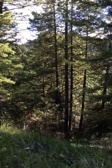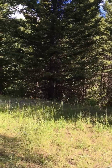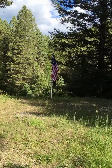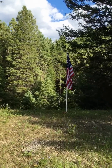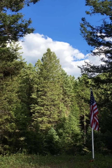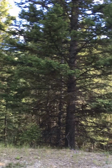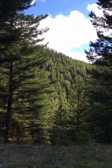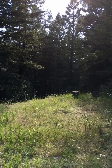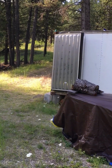Now, being the 4th of July weekend, of course, we would want to have Old Glory in camp, and we do. You can look right there and see Old Glory in its important position. But let me take a look again at that flag and take a look at the sky. Isn't that just absolutely beautiful? I'm going to pan around this way so you can see the mountain across the way. It really is beautiful. And we'll make a full circle. Probably get the sun in our eyes here in a minute. That's possible. And then what I'd like to do is take a quick look inside